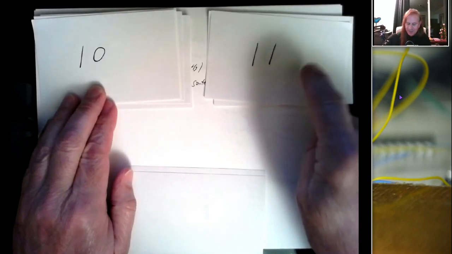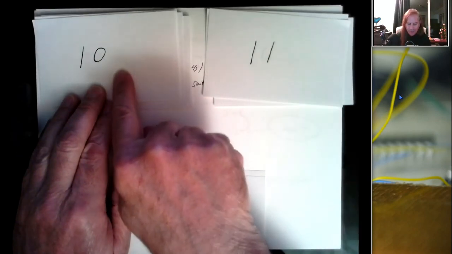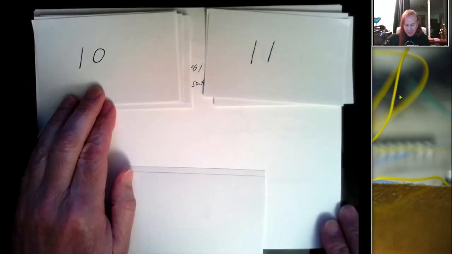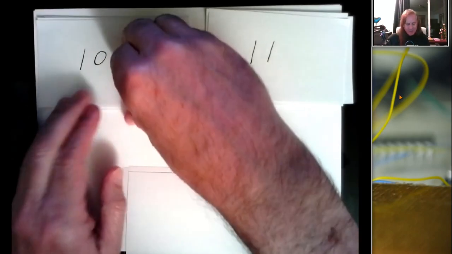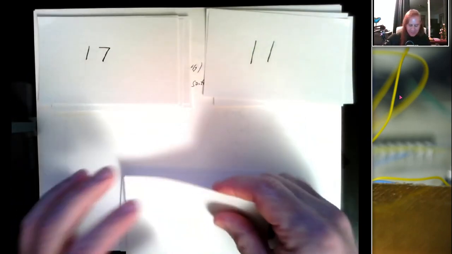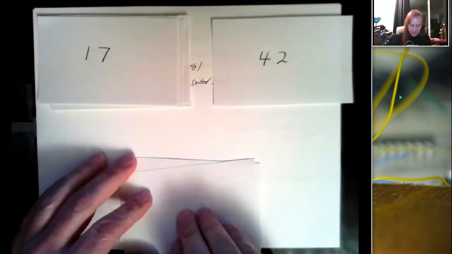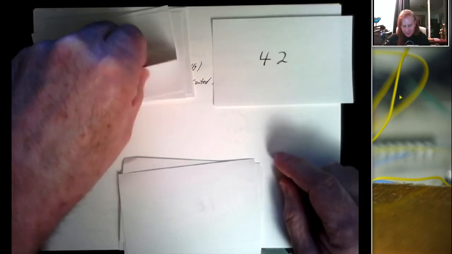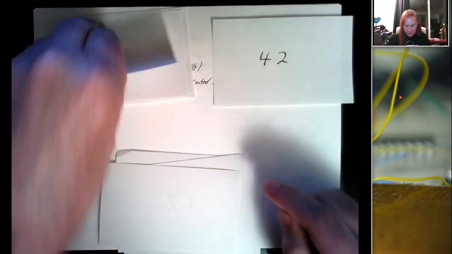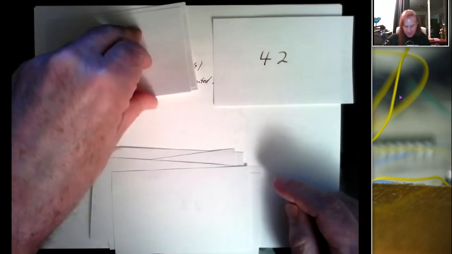And now there's a 10 that's the smallest here, and 11 is the smallest here. Well, one of these is the smallest number in this untouched pile. That's got to be the 10 because it's smaller than an 11. So I take the 10 and I put it here. So all I'm doing in this merge operation is I look at the top of each pile and I pick the smallest number. 17, 23, 32,